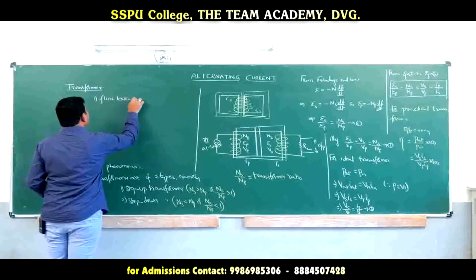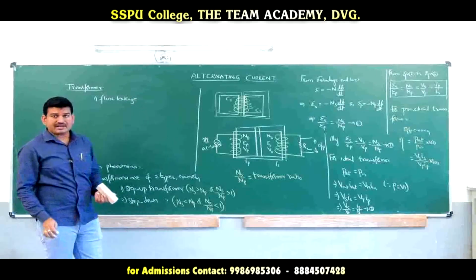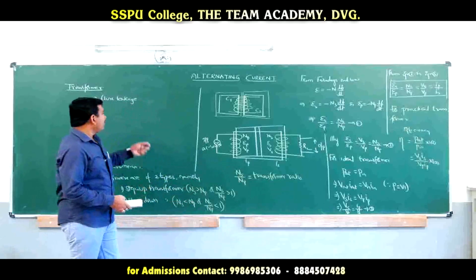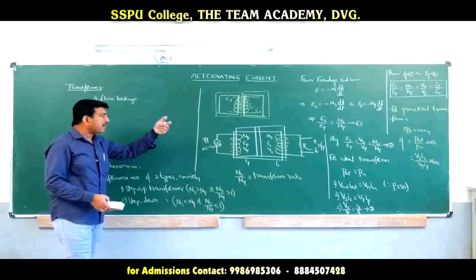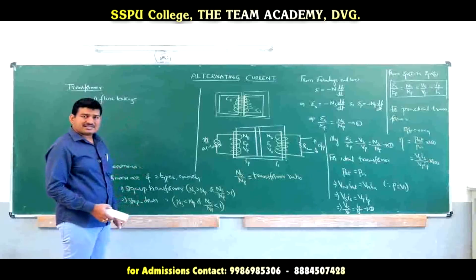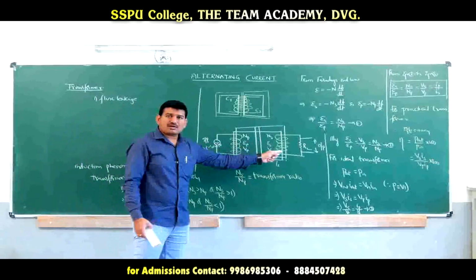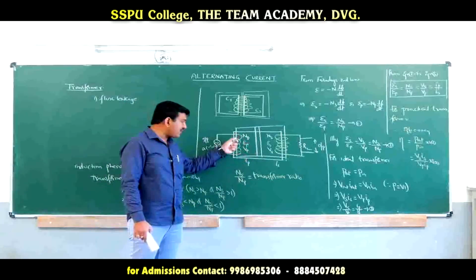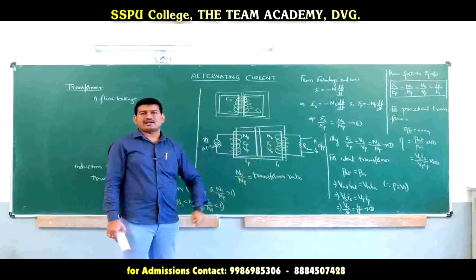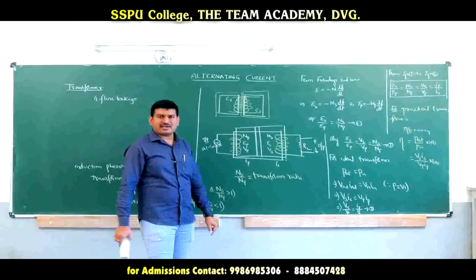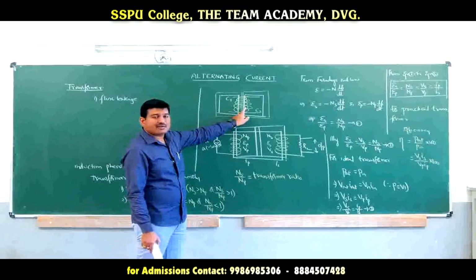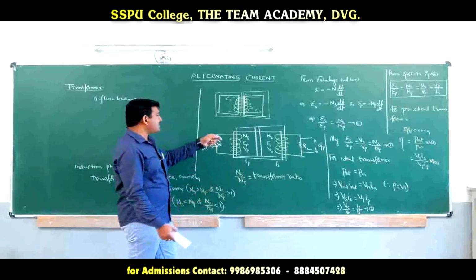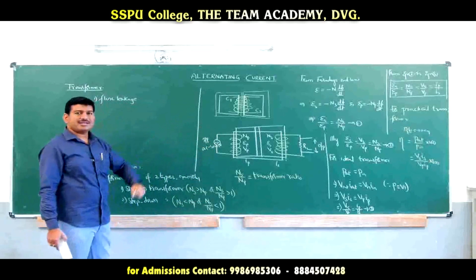Then how to minimize this flux leakage? We cannot eliminate it, but we can minimize it. So, what is the remedy to increase the efficiency of the transformer? By decreasing the flux leakage. Why is the flux leaking in this case? If the two coils are not winded close to each other, then there will be some flux leakage because the complete flux of the first coil cannot be linked with the second coil. In order to reduce the flux leakage, the two coils must be winded like this in figure 1. That means the two coils must be winded one over the other. Then the flux leakage can be reduced and the efficiency can be increased.